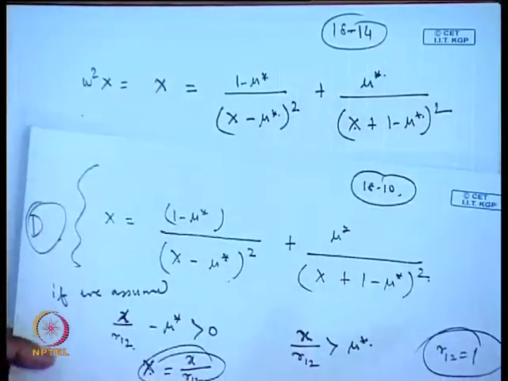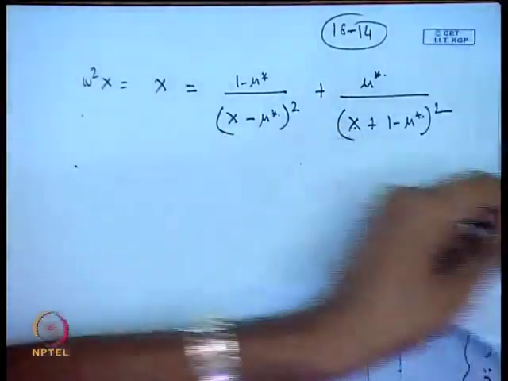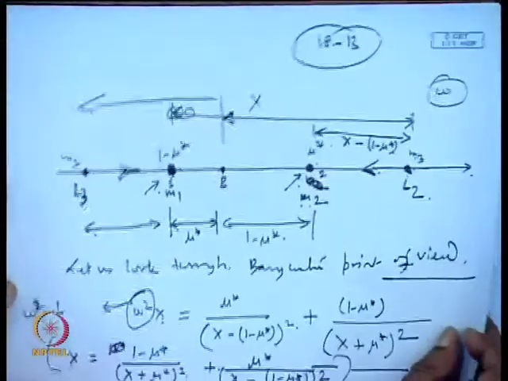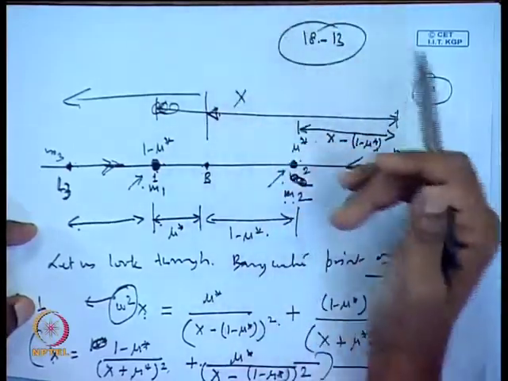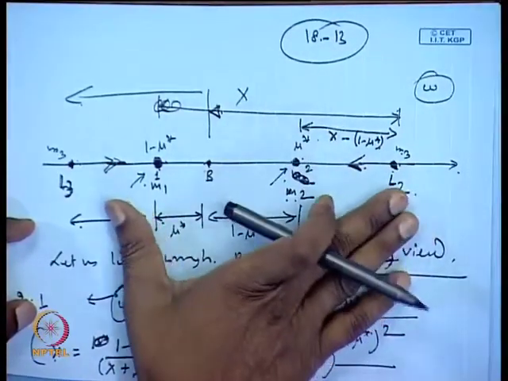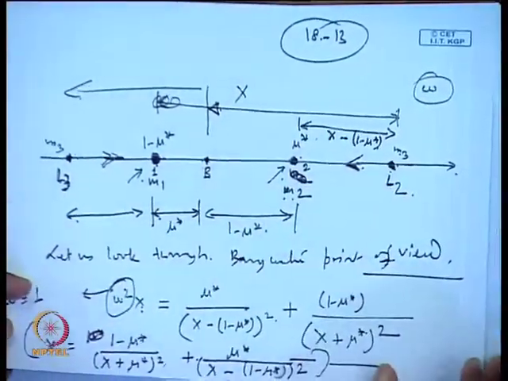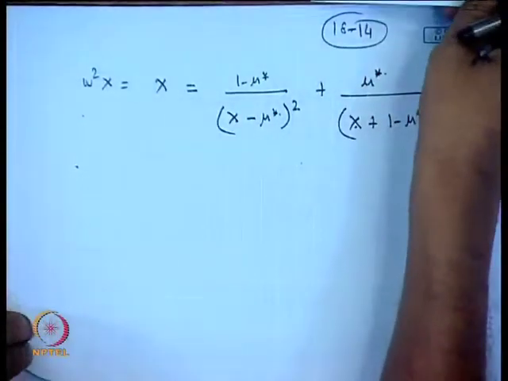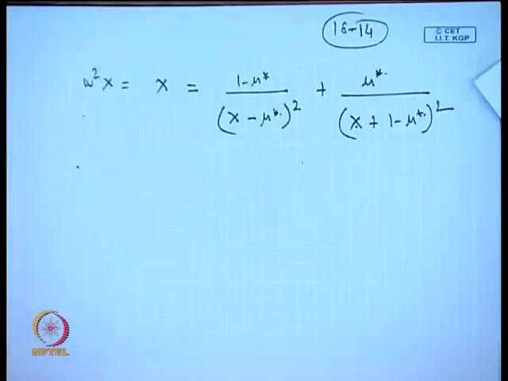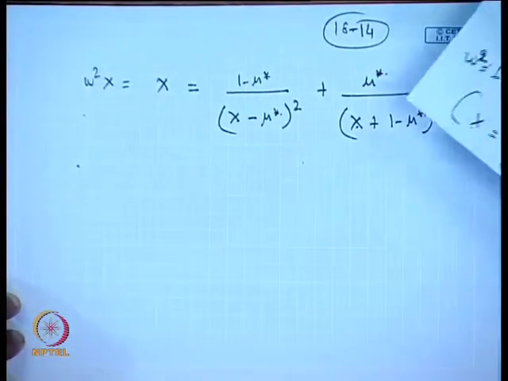Okay. So, in a very simple way, using this figure we have been able to work out this problem. Instead of doing so much manipulation, if we work on the normalized scale, it is very easy to see what exactly is happening. Okay. So, lastly we are left with the point number 1.